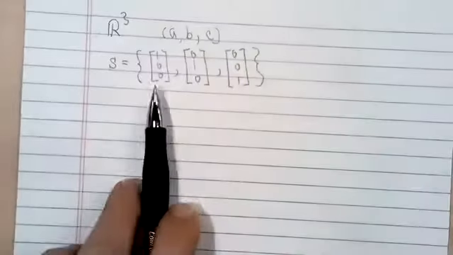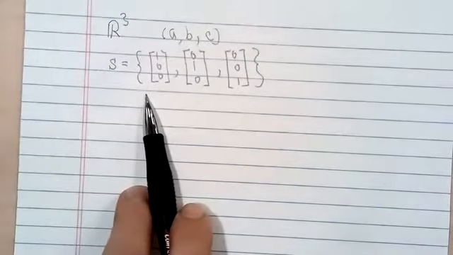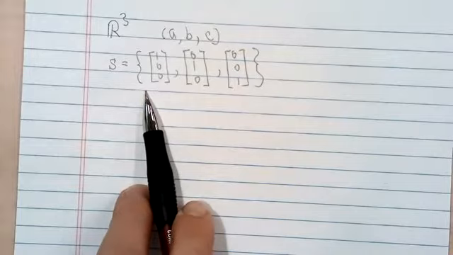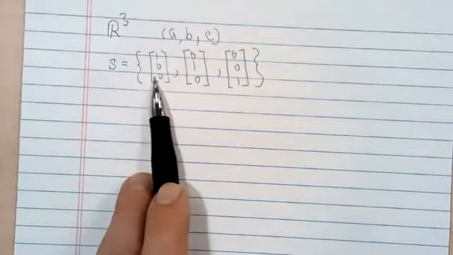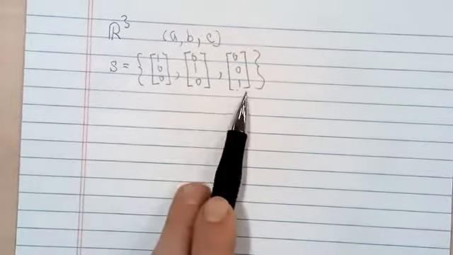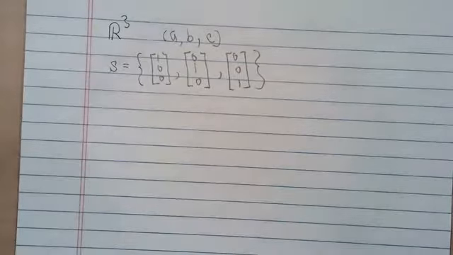I want to note that this standard basis is chosen for a number of reasons, one of which is that it's very simple to write down and really easy to do calculations with. But a third is that this is an example of an orthonormal